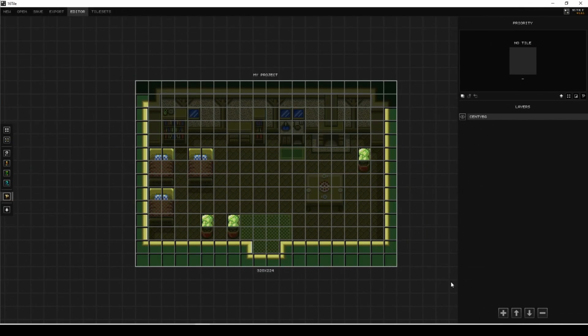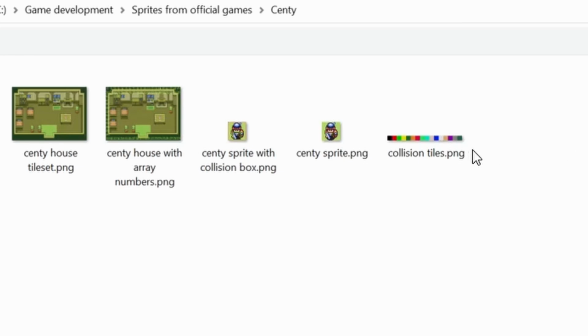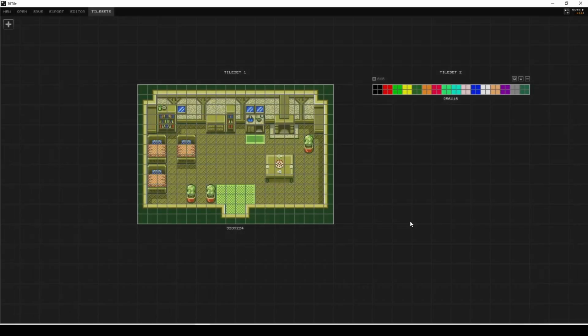Okay, with that out of the way, let's use 16 tile to now create our collision map. First of all, we're going to need to load a new tile set, so repeat the process we did before, and instead of loading the background, we're going to load this other file. As previously, you can find the download link in the video description. The file is called collision tiles, and then load it up and simply choose 16 by 16 as the